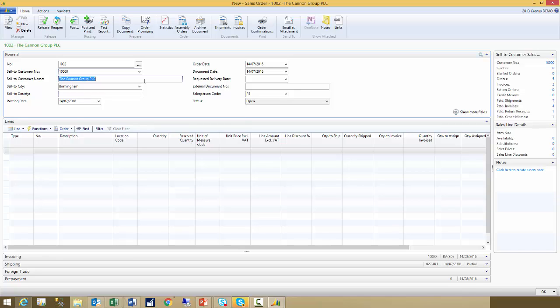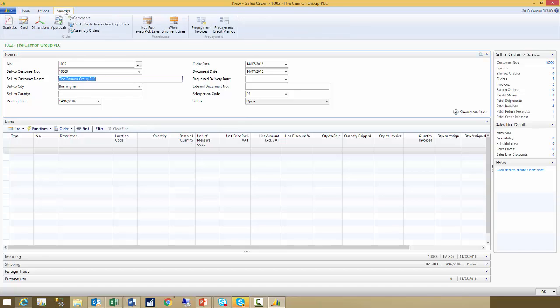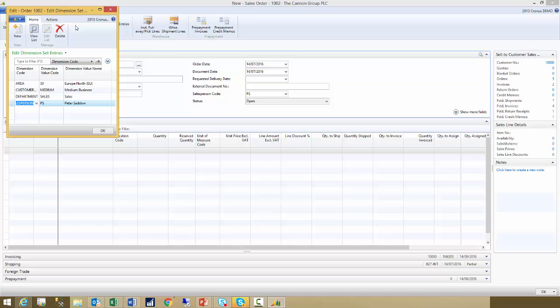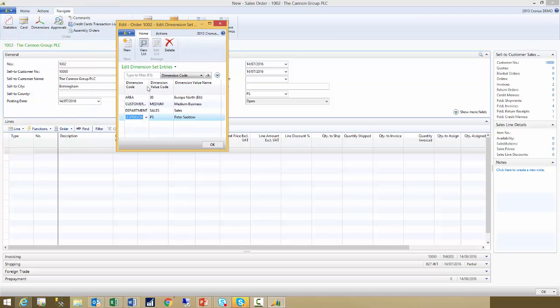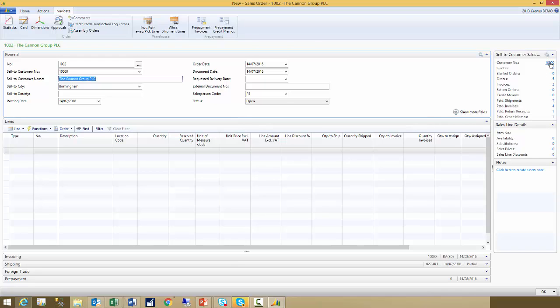And now what I'm going to do is actually show you those dimensions that have automatically been populated because of the settings on that customer card. So I'm going to do Navigate and Dimensions. And here you will see the area code, the customer group and the department, but we also have this one called the salesperson code. And just to show you where that has actually come from, I'm just going to go to the customer card by the link on the right hand side,